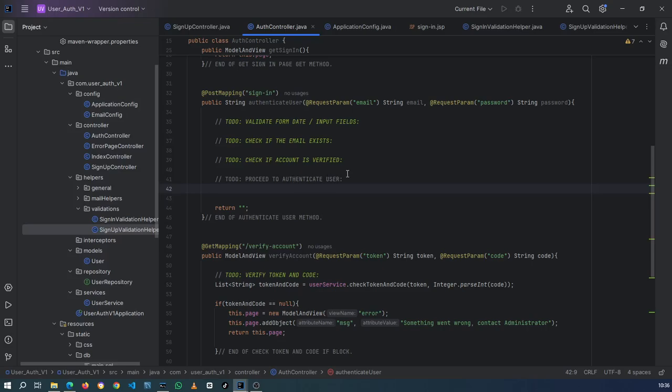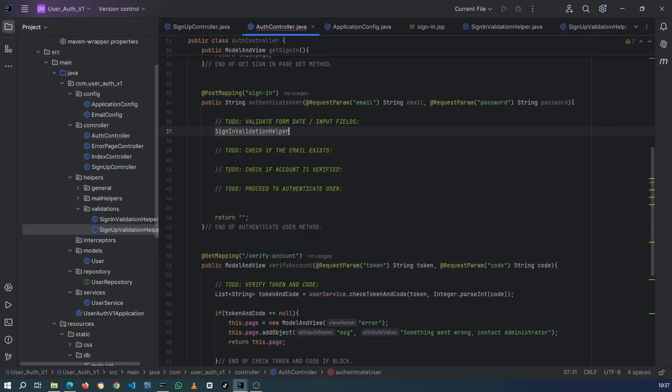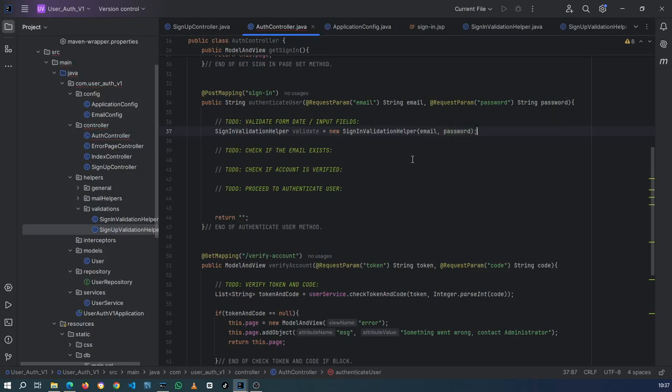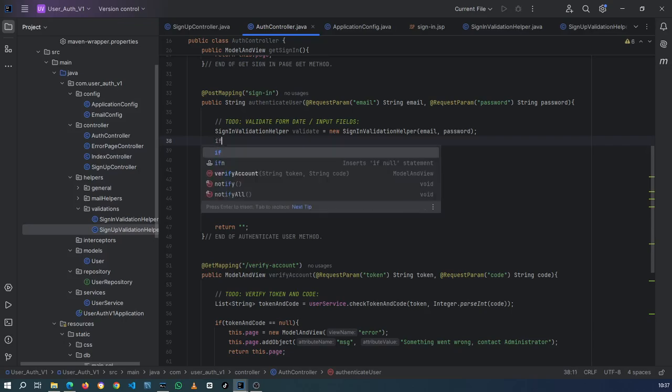Okay. Now here we can start off by doing the sign in validate. Right, and then we obviously have to enter the email and password. Okay, and then what do we need to do? Alright, so if obviously the validation fails,